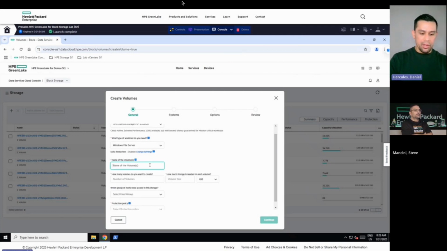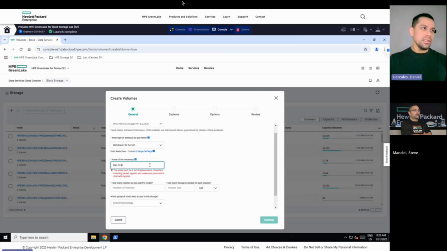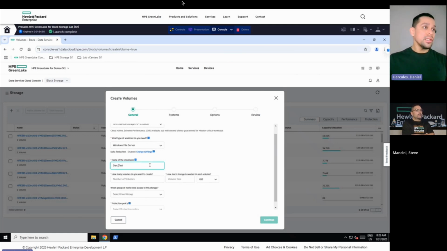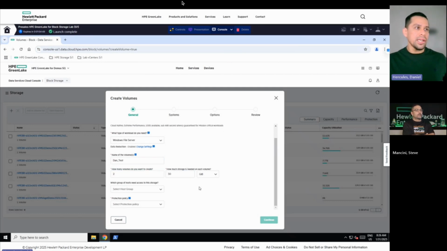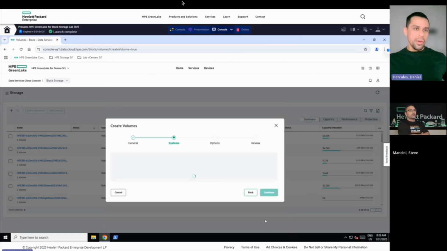We can name the volume Dan Test. Doesn't like space. Dan Tests. We only need a couple of volumes, each volume 30 gigabytes in size. We can select our host group, which I'll just randomly pick. Let's say, iSCSI host 1. No protection policy for now. Again, we'll review this here later on in the demo. And then when we hit continue,